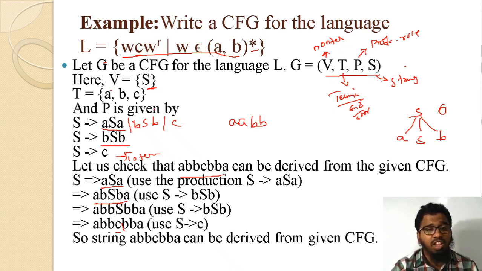So here, after C, now you check it: W means A, B, B here at the left side, and C is C, B, B, A. What is B, B, A? If you read from here, A, B, B, C, B, B, A, or you can read from left to right or right to left, you will read the same thing, A, B, B, C, B, B, A. So this is a palindrome language, okay, and we make this in a grammar.